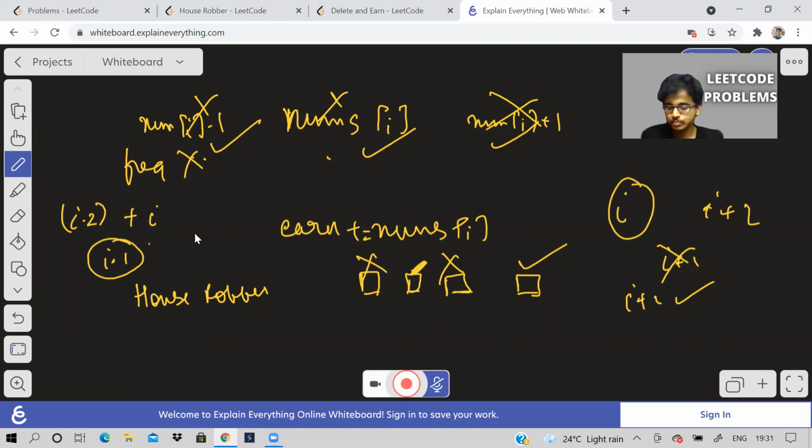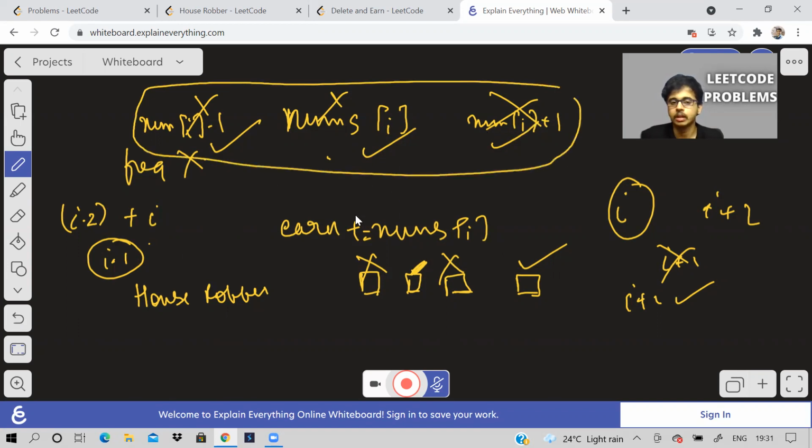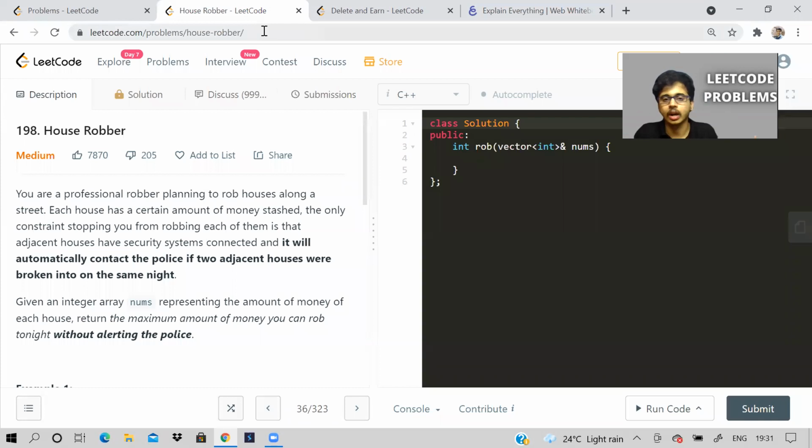If we understand this problem clearly, we will know that we can apply the same concept in our problem. Because ultimately, if we choose any value, we have to delete the adjacent ones. So it is the same house robber problem. I think I've already solved the house robber problem in the DSA sheet, and it has a lot of applications.